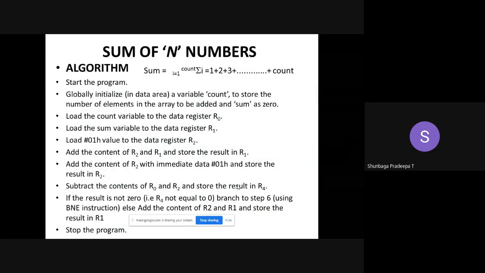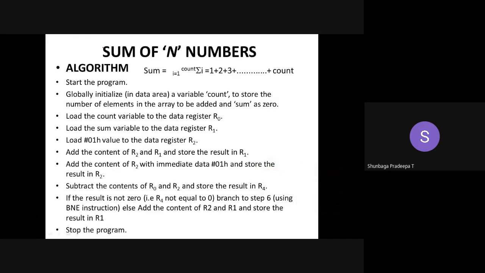So we have demonstrated the 2 codings, one for addition of 4 numbers and one for detecting positive and negative numbers. So the next two codings you have to write by yourself. We will be telling only the algorithm. So you have to try writing the coding and get the result.